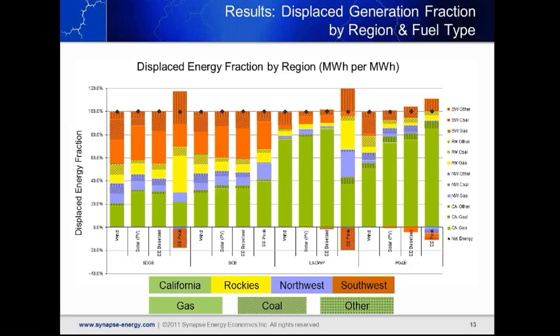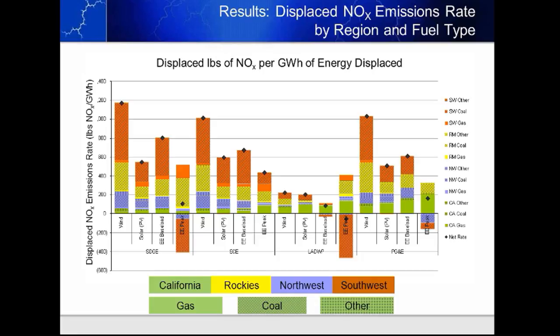If we translate this into looking at NOx emissions, again, looking at that far left bar, the amount of NOx emissions that are displaced within California, again, due to the fact that California is fairly clean generation, mostly controlled, mostly gas, is a very small number relative to the remainder of emissions that are displaced throughout the rest of the West. The striped pattern, again, represents coal, and what we can see is that most of the displaced NOx emissions are coming from coal generators throughout the West that are not in California.